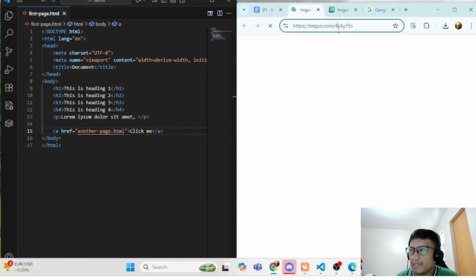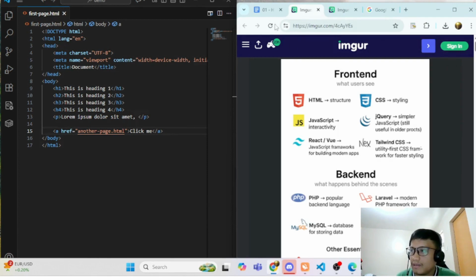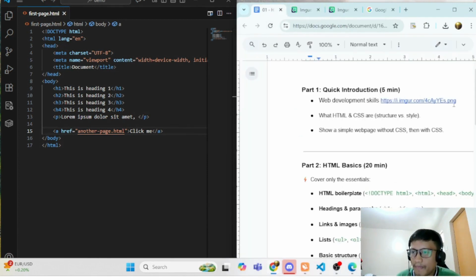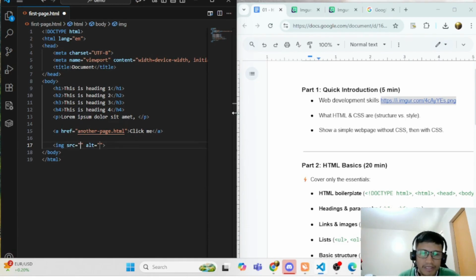So what I'm going to do is I'll copy the link and then I'll type here img, and then the good thing about VS Code is it has already embedded shortcuts you can use.